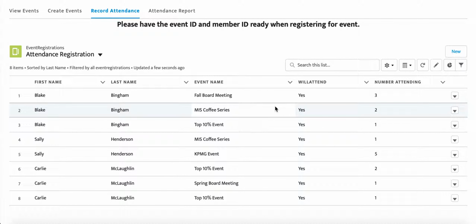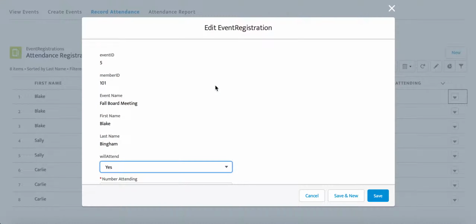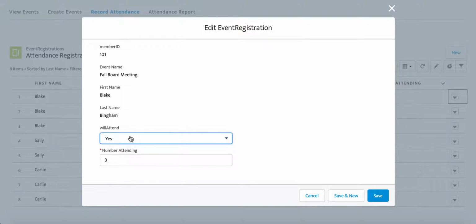And our fourth user story required the board member to be able to update their attendance when they need to, which is similar to updating an event. You go to the drop down, you can click Edit, and you can edit the will attend and number attending